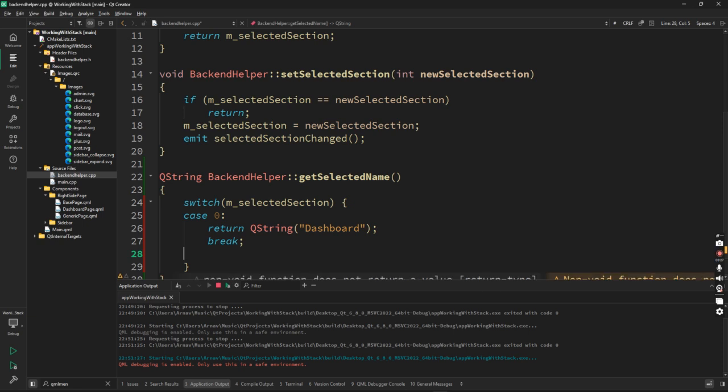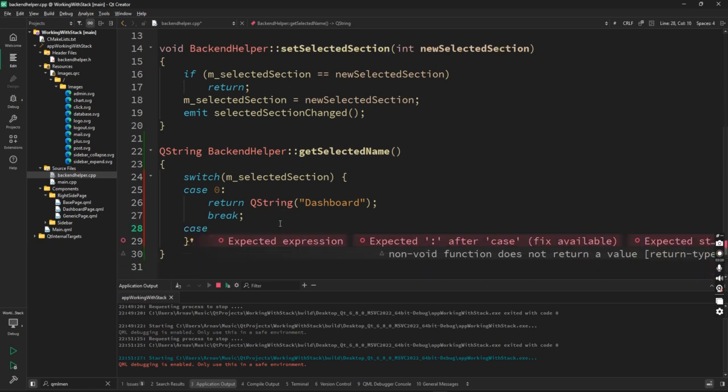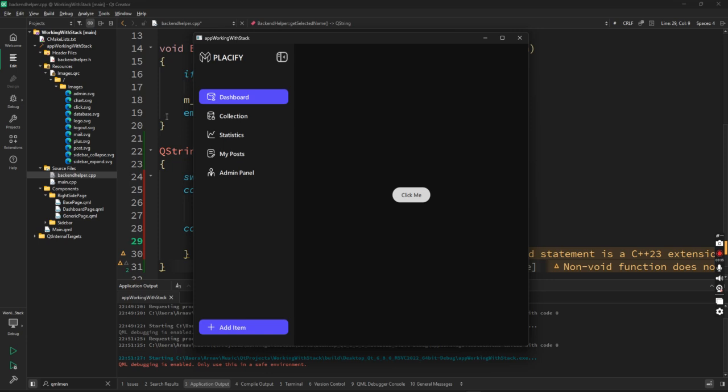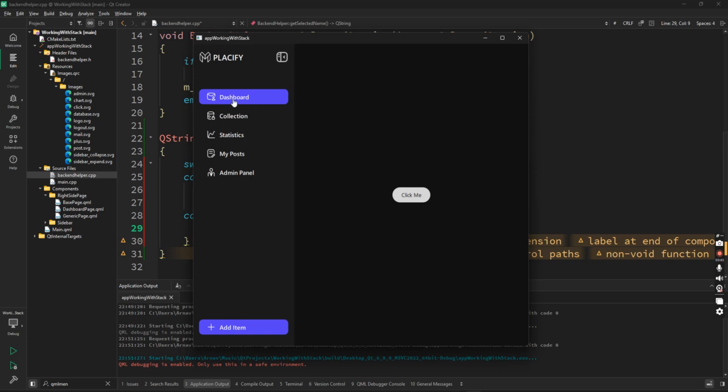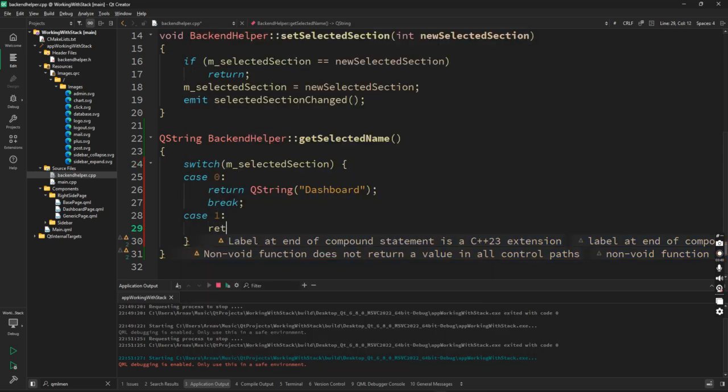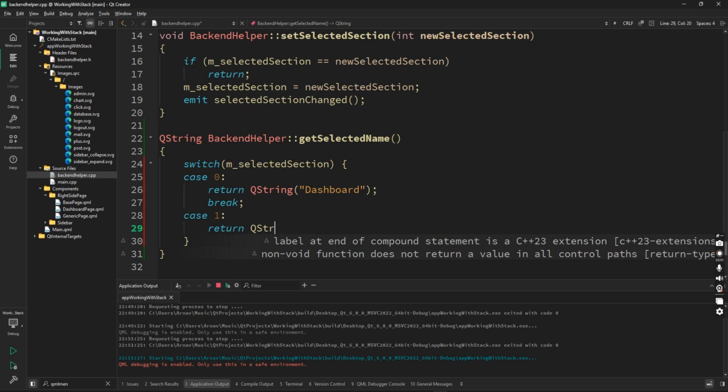You can say break, but after return, I think the next statements will not execute anyway. Case 1: 0 is dashboard, 1 is collection. I'll just breeze through it. I hope you're getting me. If the selected is 0, it's dashboard. If the selected is 1, it's collection. If selected is 2, it's statistics, and so on. I'm just returning the string. Return QString